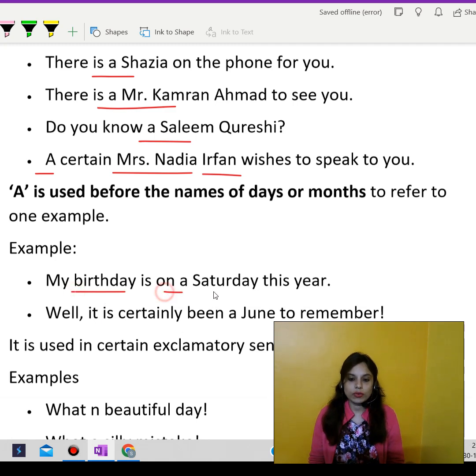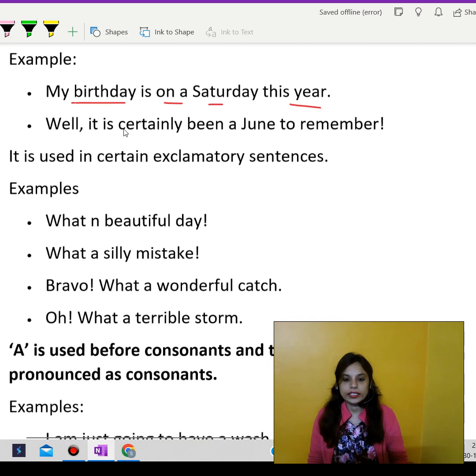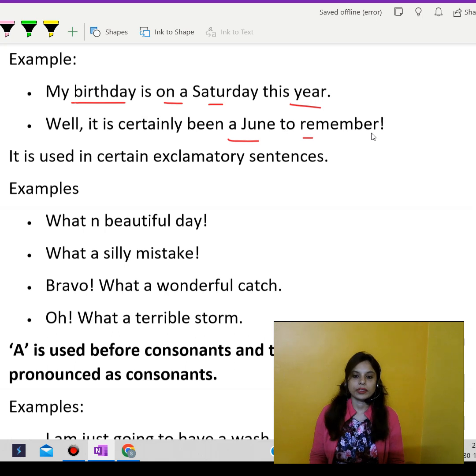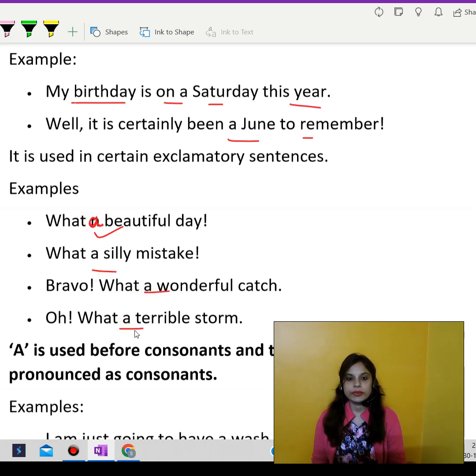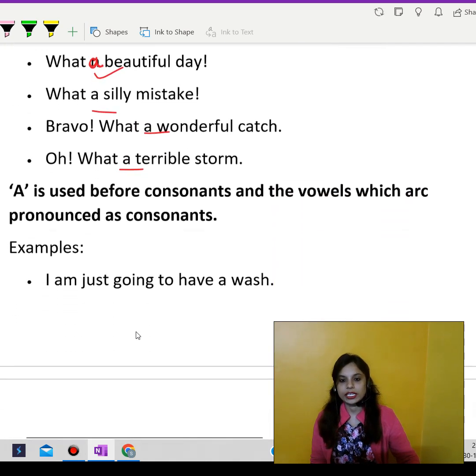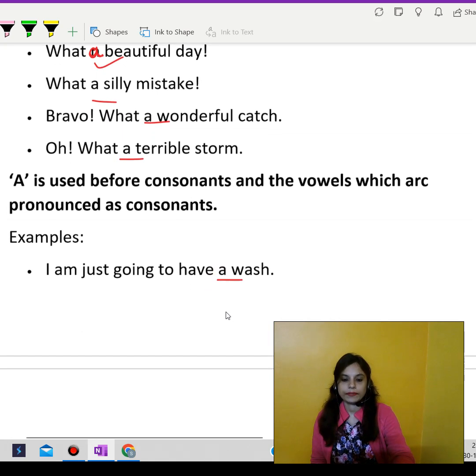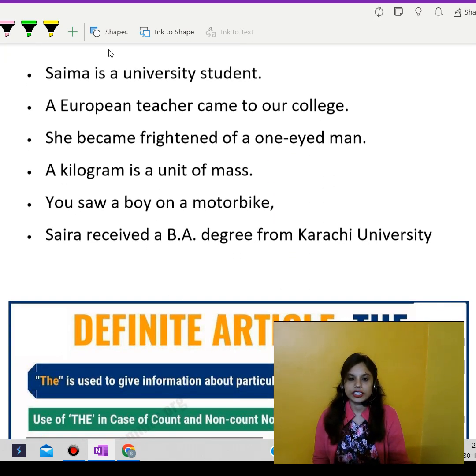My birthday is on a Saturday this year. Well, it has certainly been a June to remember. So, again, something we are not exactly familiar with, hence we are using a as the article over here. Some more examples. What a beautiful day. So this is a. What a beautiful day. What a silly mistake. Bravo, what a wonderful catch. Oh, what a terrible storm. So we don't know about these things and it happened suddenly. I'm just going to have a wash. Saima is a university student. Okay,